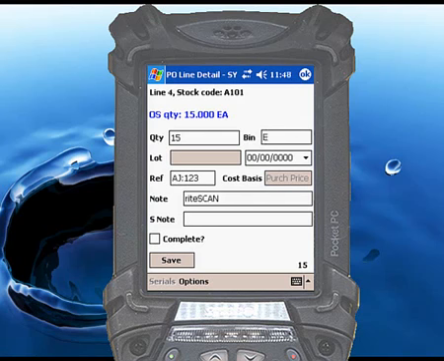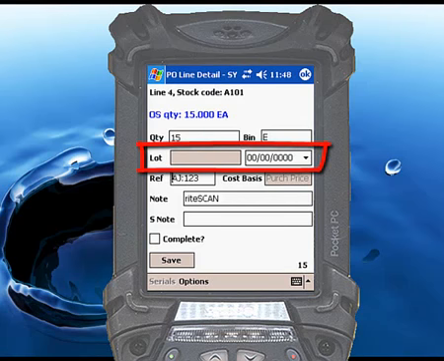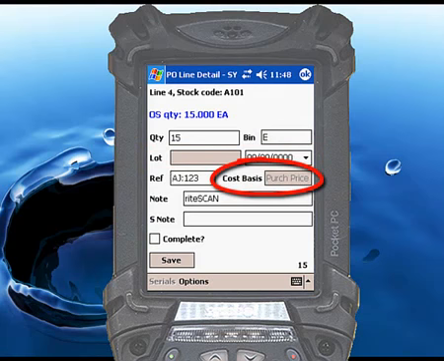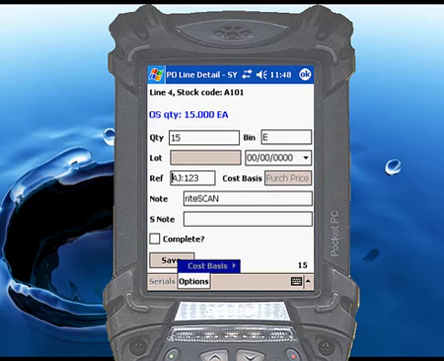If the item you are receiving is lot traceable, you can enter the lot number and expiry date here. A default response for cost basis is defined in the riteSCAN administration tool. If you want to change it, touch the Options menu, select Cost Basis, and then choose the appropriate option. You can also lock in the default response using the riteSCAN administration tool so that users cannot change the cost